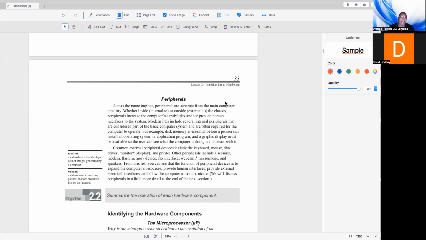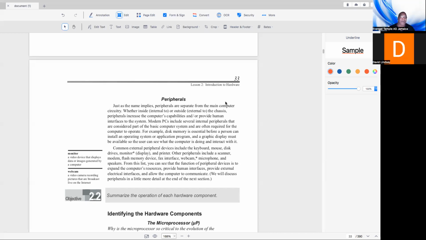These are the application programs. These are the programs that are going to give you what you're looking for, whether it's a Word program, or statistical data that you have to use Excel for, or a PowerPoint for graphics to